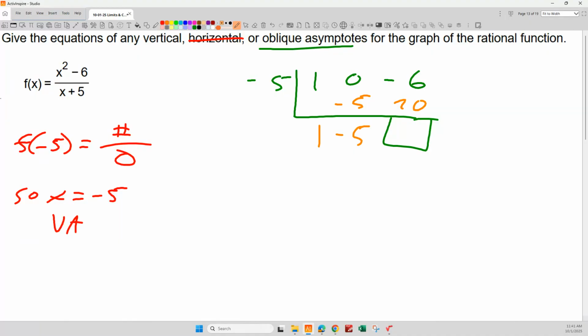Not that I really care, but that's 19. So what does that mean? How does this simplify? It becomes, divided by